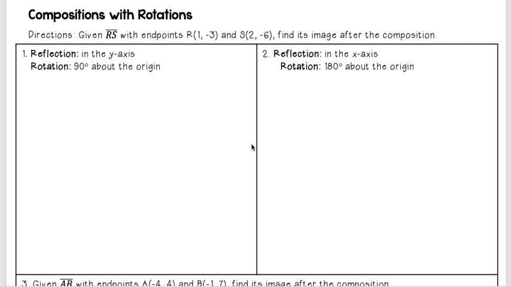Okay, so now let's look at some compositions. That means we're going to perform more than one transformation on these points. Here it says I'm given RS with these endpoints, find its image after the composition. This one says I'm going to have a reflection in the y-axis and a rotation 90 degrees about the